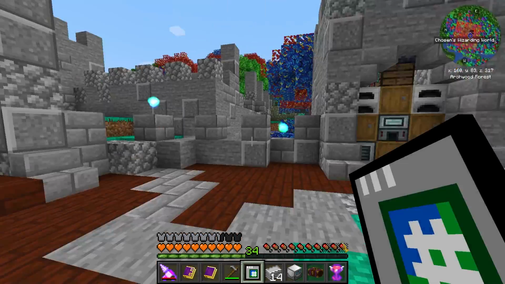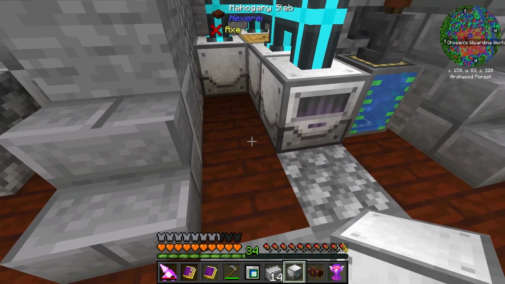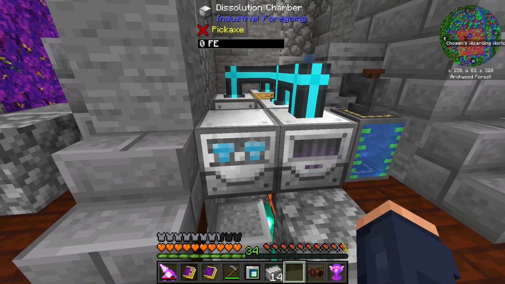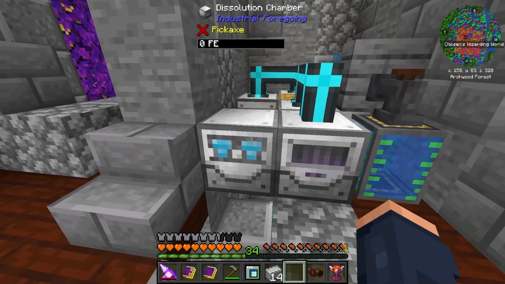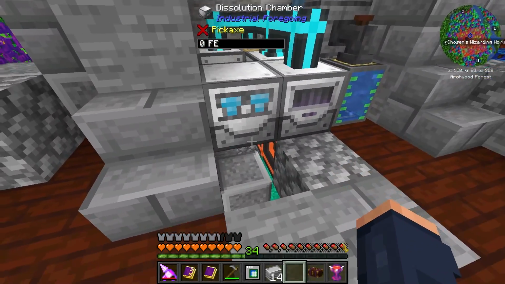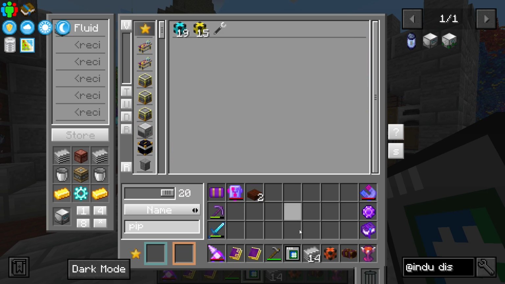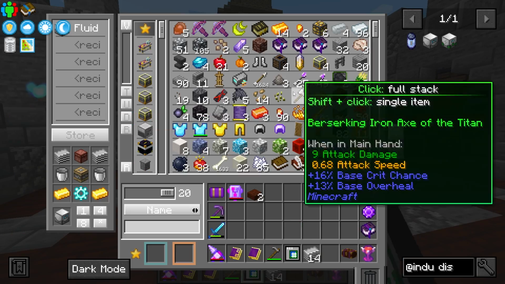So, dissolution chamber made. And this thing, well, is very similar to this machine. I'm honestly just going to place it right here and get it hooked into the power that is right next to it. This thing is going to take in latex, so we're probably going to be feeding it latex from this and also power, but it also accepts some other liquids that we're going to be working with here in the future. So, we need a pipe. Just get some power hooked to this, just like that. And then let's see, another pipe